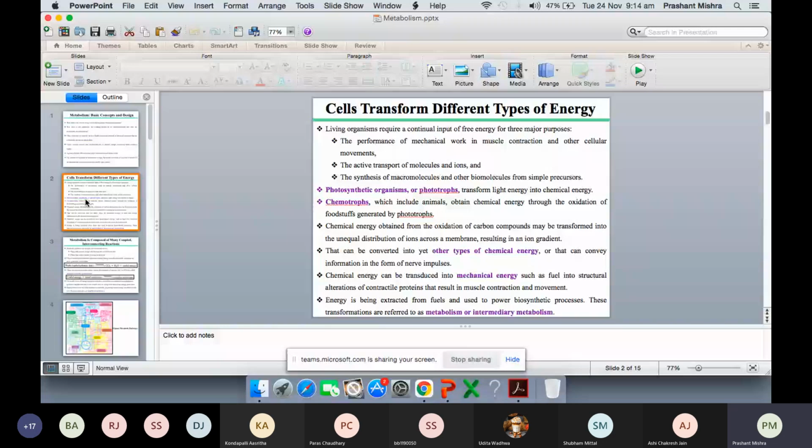And if a gradient is created, what will happen? This will carry out other transport. So there is primary transport and secondary transport. Ion gradients are the ones which drive secondary transport. You have learned this, like sodium ion going in, helping another molecule to enter the cell, or one ion entering the cell, allowing another smaller molecule to enter. So the gradient, once created by this chemical energy, is going to help you in transport. Now the question comes: